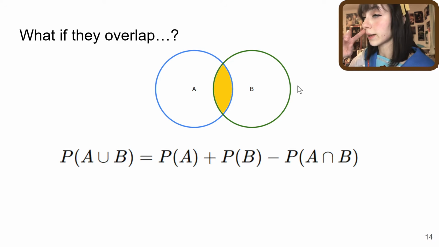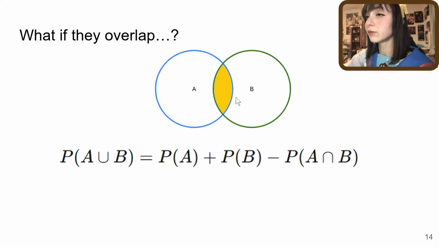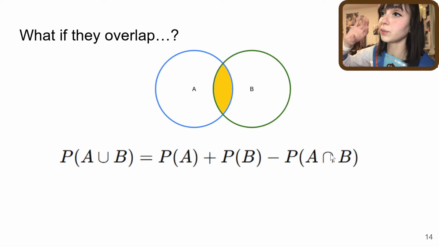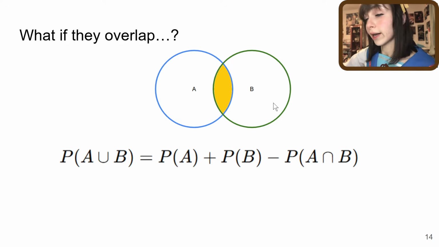I'll bring up the example of when we have two events, event A and event B. Like I said, we have to factor in the intersection between both of my events, so I need to subtract it, because otherwise I would be counting it twice. For the probability of getting A or getting B or getting both of them, I need to do the probability of A plus the probability of B minus this little bit in between. Otherwise, I would be counting it twice.